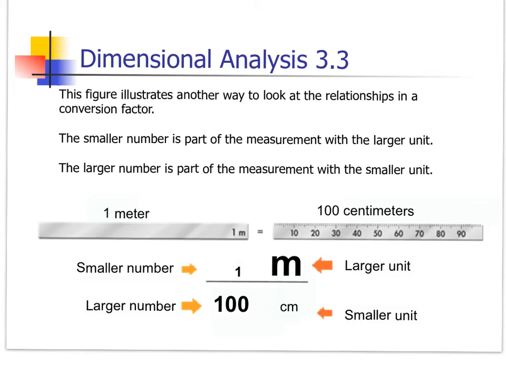So a way to visualize that is if I had a meter stick, it has 100 centimeters. And actually, if you look at it, it counts out to 100, which is really nice. But now if you look inside that 10, there's 10 centimeters inside that 10, there's stuff inside there. And if you look really, really tiny, then there's 10 millimeters inside 1 centimeter, and so you can get some really good conversions just by looking at a meter stick. And so if you do this from a conceptual point, you'll see that the larger unit gets